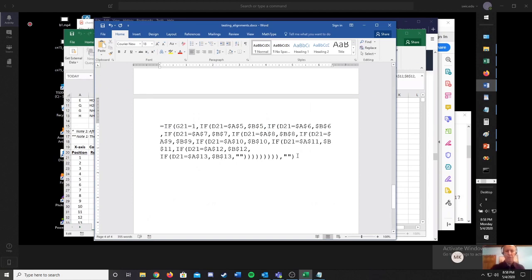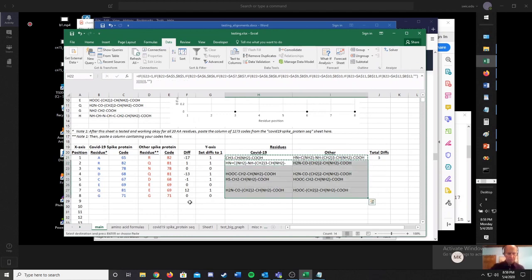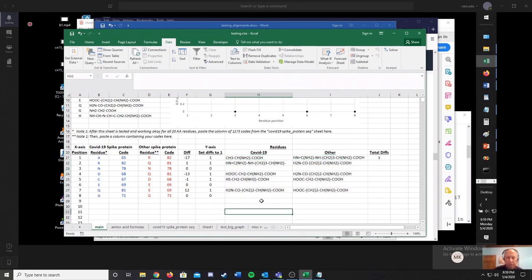And copy the whole thing. And then go back and paste it over the original. There, so now we have the correct formula in H21 and also in I21. So then copy this and then paste it over there. So now each of these cells contains the updated formula,